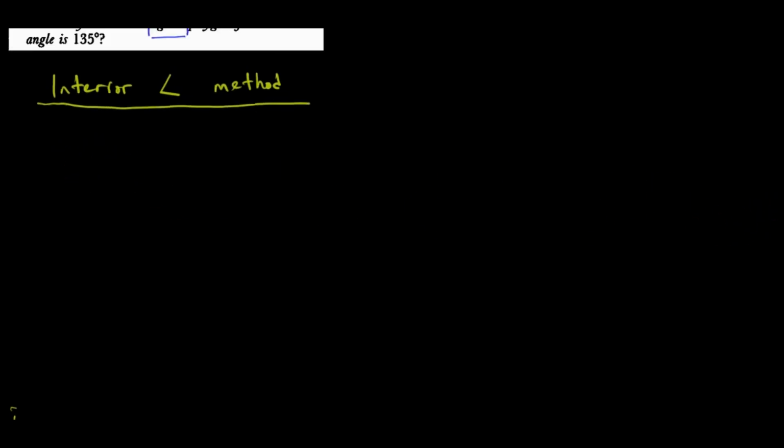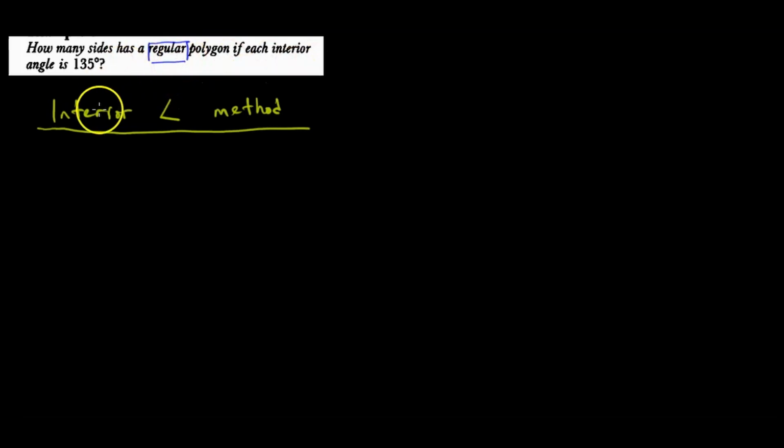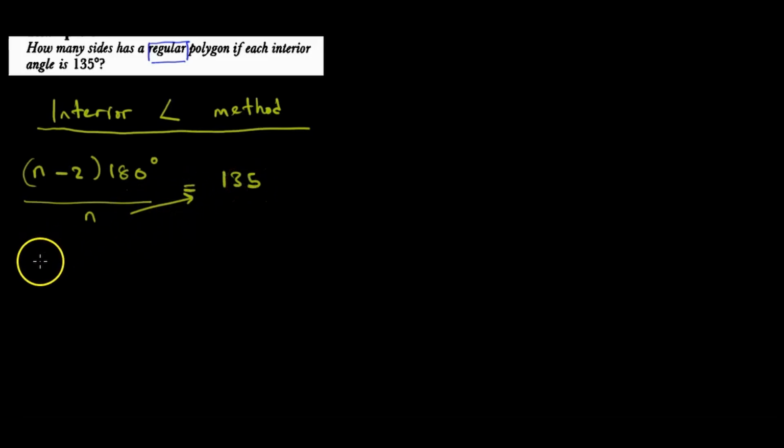So we have discovered that to know how many sides, we use this relationship: (n minus 2) times 180, of course degrees, over n is equal to the interior angle given here, which is 135. So by cross multiplying, we remain with (n minus 2) times 180 degrees is equal to 135n. Something I wanted to tell you: your n should always be a whole number. You cannot have a shape with 2.5 sides. It doesn't work like that. So n should always be a whole number.